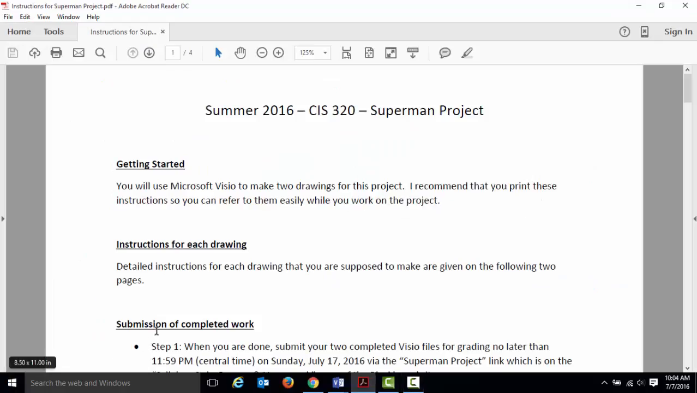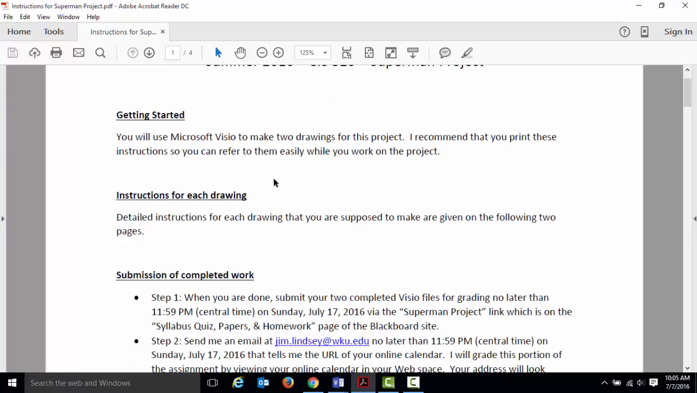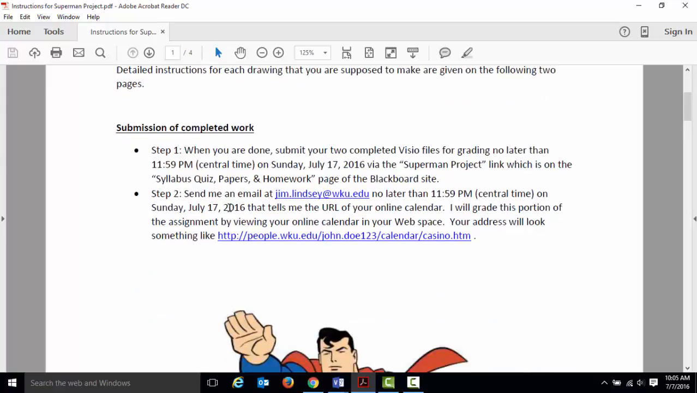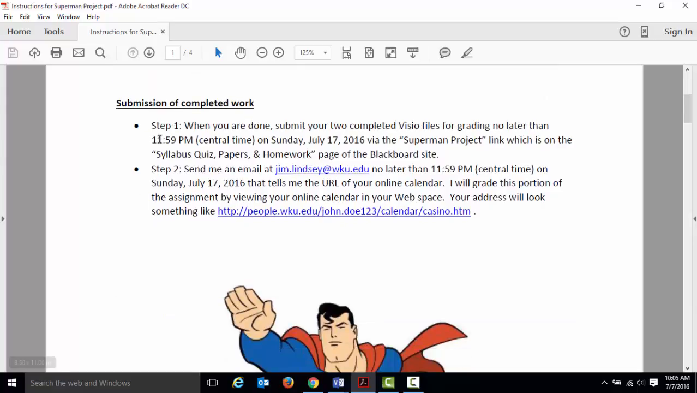All right, here are the instructions. This is a 4-page instruction set. I recommend that you print this out. It's a PDF document, and the first page just basically says, hey, this is what you do. There are no files to download this time. You create everything from scratch. The detailed instructions for each drawing are on the subsequent pages, and when you're done, what you do is you